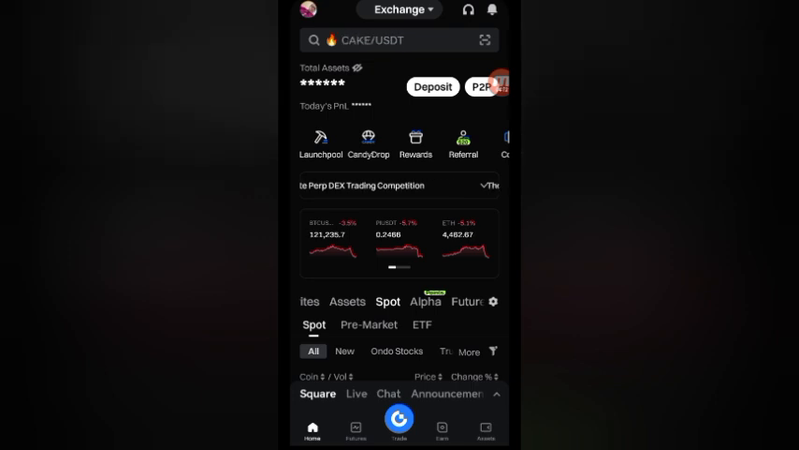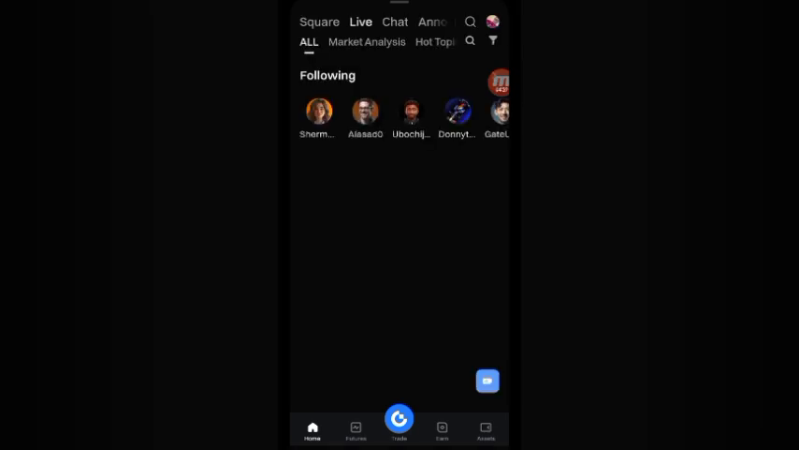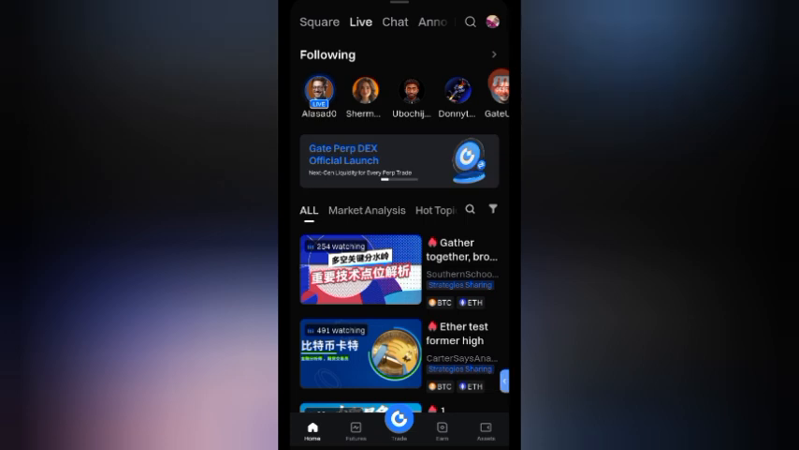So if you are sure that you have filled the form, you want to come over to your Get app. You look down, you see Live. Click on Live. Now you want to apply to become a streamer. So you look down, you see this blue icon that looks like a camera. Here it is. So you click on it,